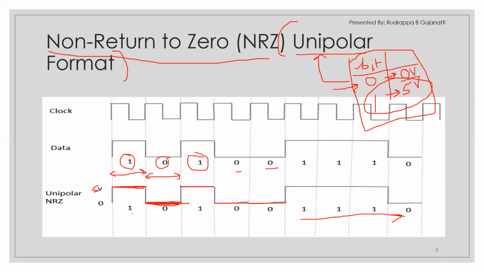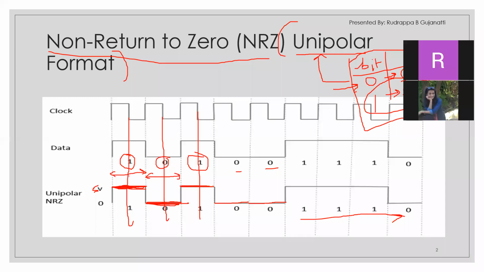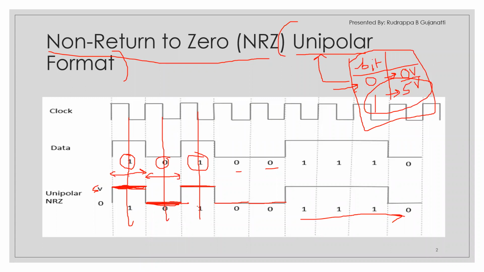Now here, if you observe one thing, whenever you reach half of the bit interval or bit period, you can see that in the first case it is 1 and it is represented as 5 volts. In between, it is not returning to 0. It is staying at 5 volts for the entire bit duration. And for 0, we don't have any other thing because it is at 0 itself. Similarly here also, it is staying at 5 volt for the entire bit duration, but it is not returning to 0.